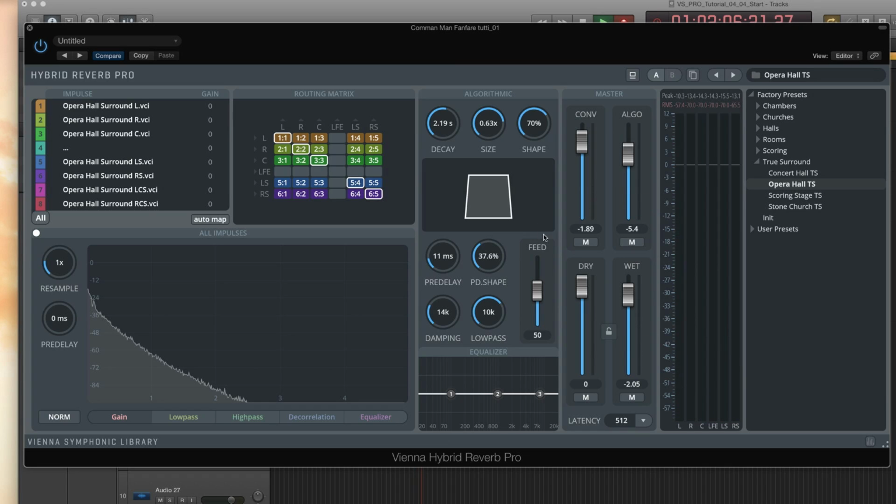And now let's listen to the convolution signal exclusively. We will mute the algorithmic reverb tail and the dry signal in the master section.